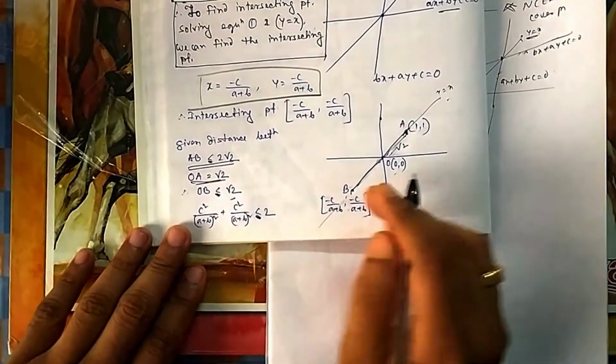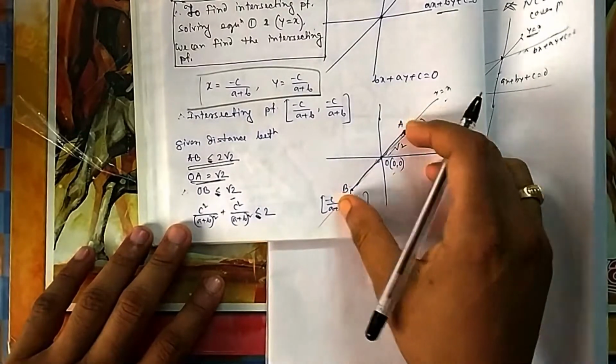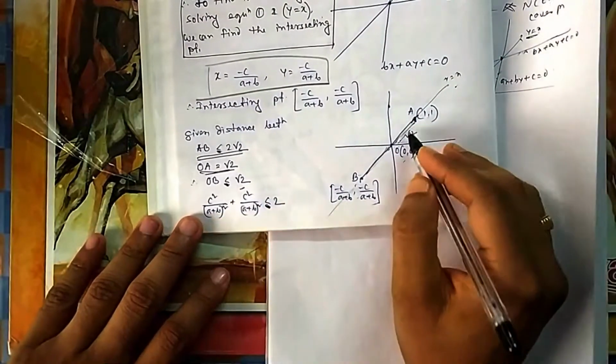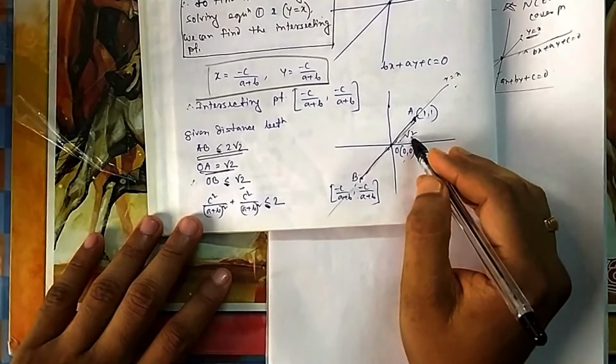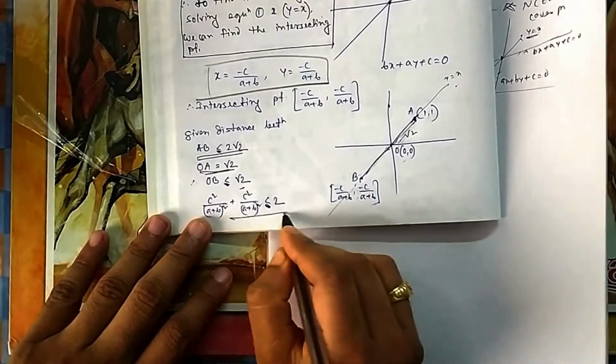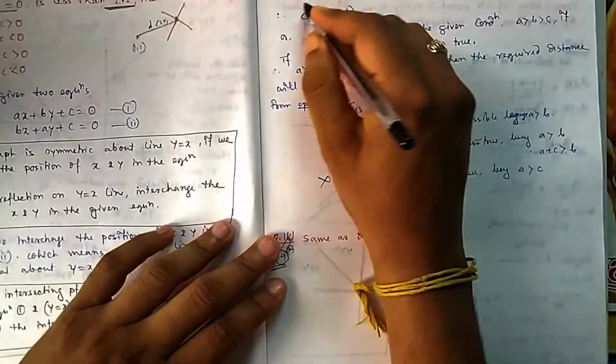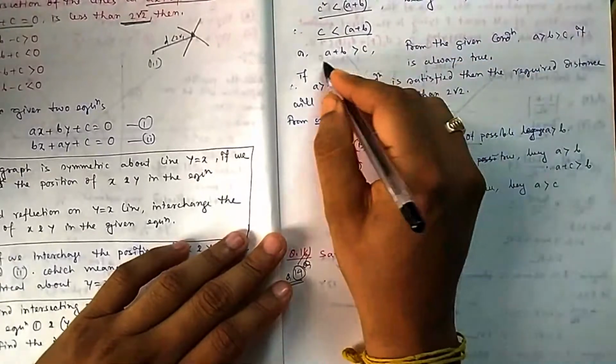So you apply the distance formula, or if you don't know this one, you directly apply the distance formula between these two. That also you will get, no issue. But here it can be seen, that's why I am doing it in this way. If you take this one, you will find something of this fashion. If you take the whole square, then it is 2, so 2c square. So this one you got already. So this is your idea.